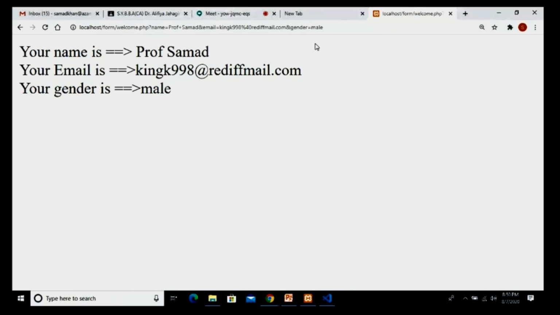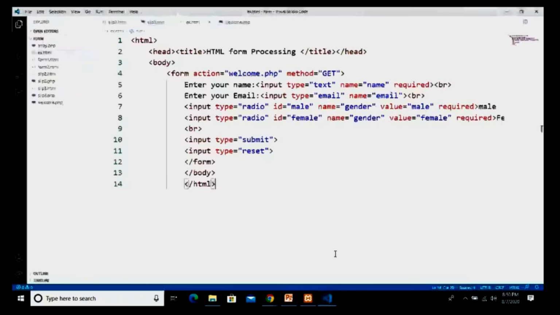Now see, we have taken the get method, so entire detail can be seen on your URL, your name, your email ID, your gender. Whatever we have taken as input, everything can be seen on the URL. So in the get method we can see everything on the URL. Now we will take the post method. For example, I take the method as post.